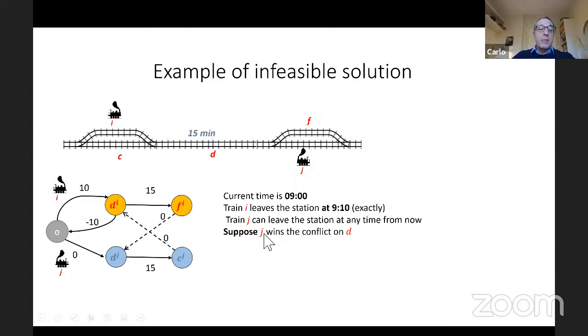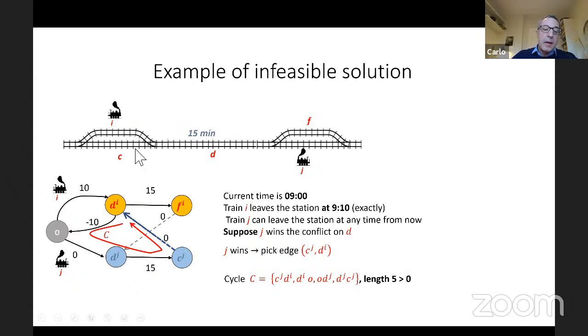But now, suppose that I make a mistake and I decide J wins the conflict with I on track D. So it leaves the station before I leaves the station. And both trains will take 15 minutes to run through track D. So it's obvious that since I will go out exactly at 9:10, there will be a conflict, and the two trains will meet on track D. This is actually very visible on the disjunctive graph, where I picked up the blue edge from CJ to DI, representing the fact that J wins the conflict. If I pick up this edge, then suddenly a cycle appears in this graph, and the cycle is of positive length, which means that the corresponding scheduling problem does not have a solution,